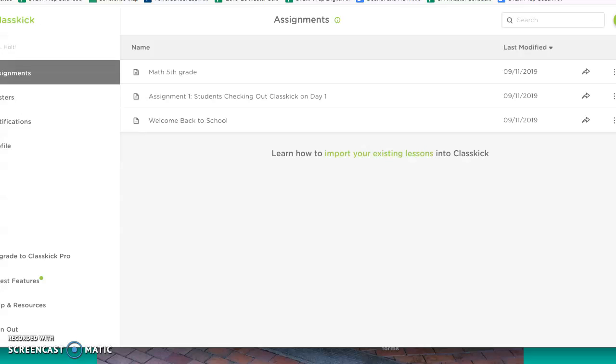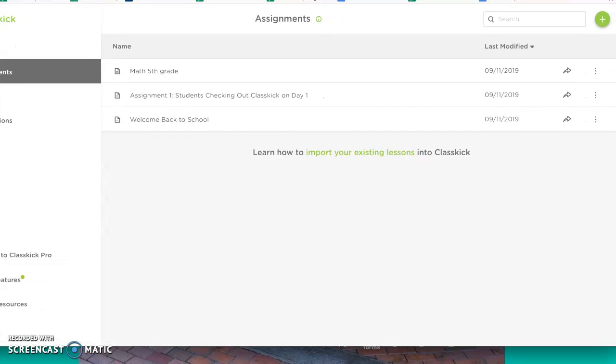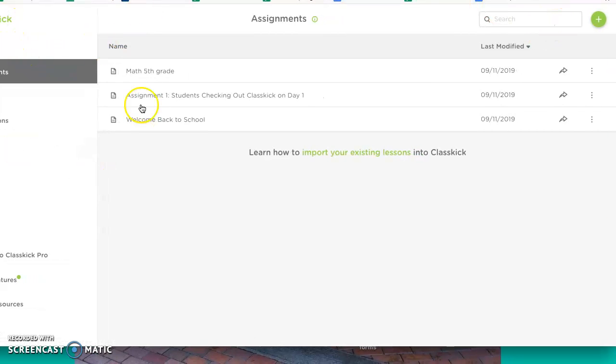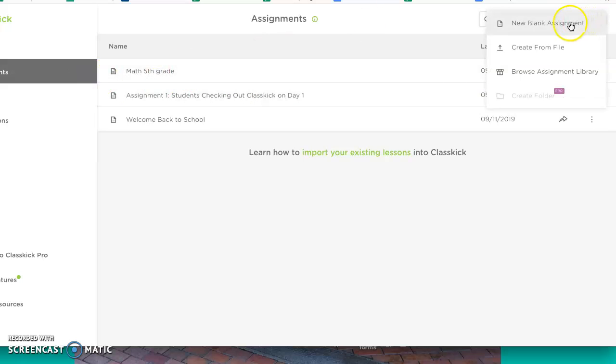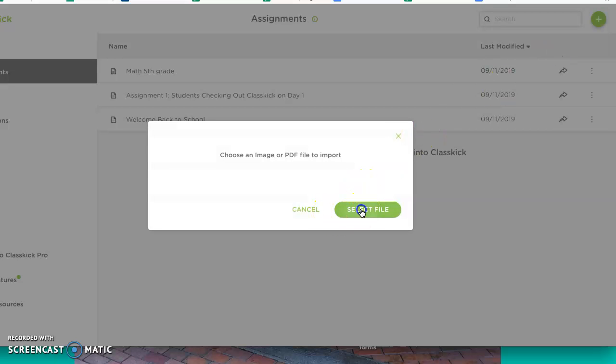The way that you set up assignments is you can import by going over to this little feature over here. It'll send you here when you first get into Classkick. You can set up a new blank assignment where you can create on here, or the cool option is you can create from your own files. So I go ahead and I'm going to do that. I'm going to select a file,